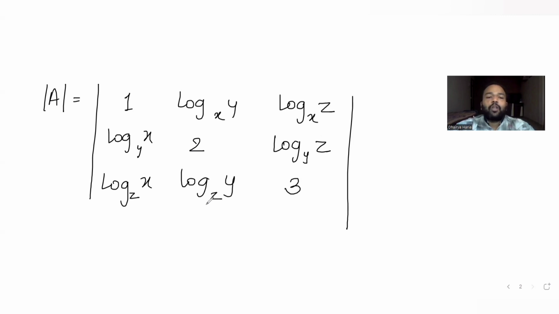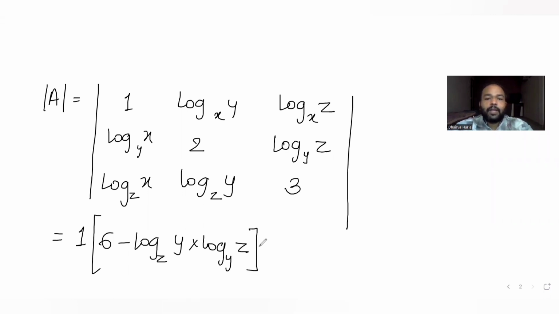If I expand this determinant along the first row, 1 times (6 minus log y to the base z into log z to the base y), minus log y to the base x